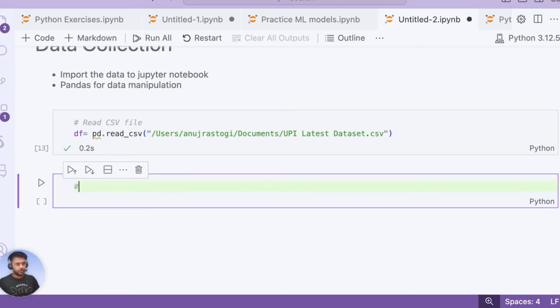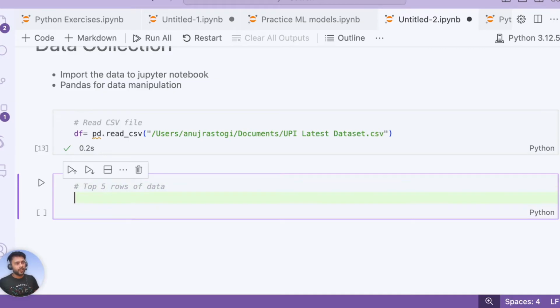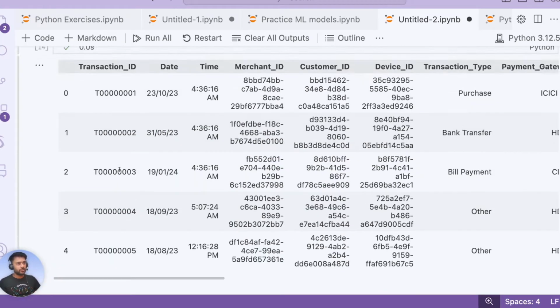Let's see if my data is imported. So top 5 rows of data. Let's see the top 5 rows of the data. Okay, so df.head. df.head is a function that shows you the top 5 rows of data by default. So this is how it looks. If I show you my data,